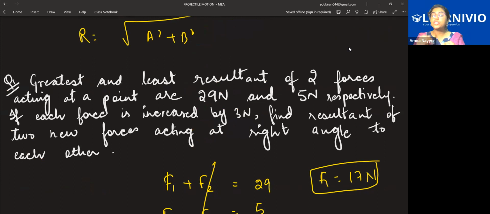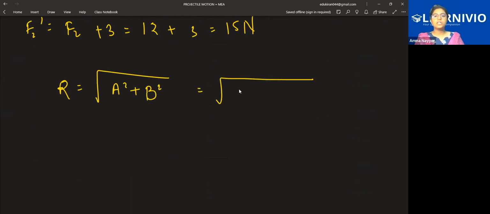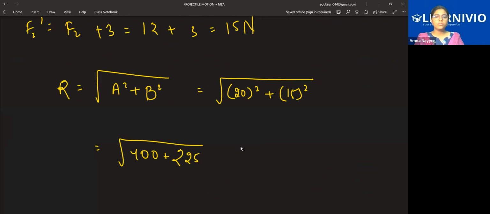The resultant of these two new forces if they are acting at right angle to each other. If these forces are acting at right angle to each other, so resultant would be under root a square plus b square. So this is equal to 20 whole square plus 15 whole square. So this is equal to 400 plus 225, which is equal to under root 625. Resultant is equal to